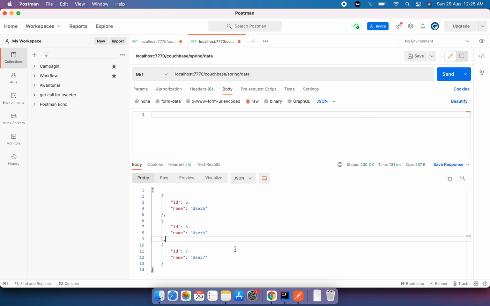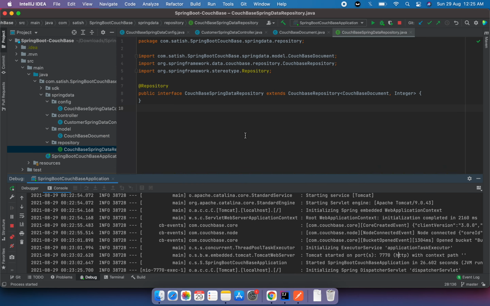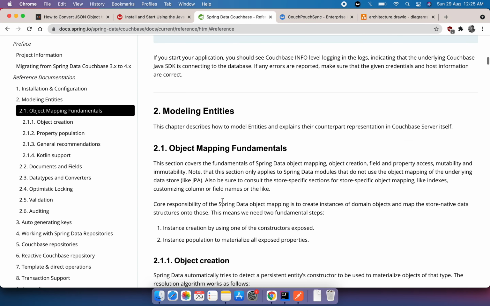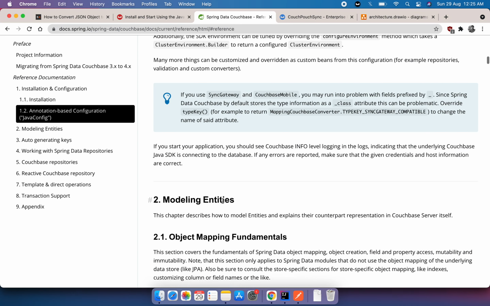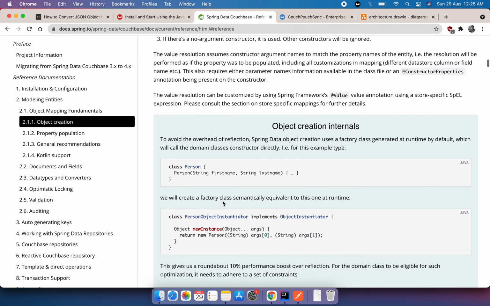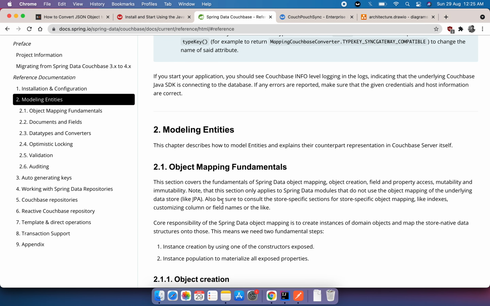Yeah, so that's what we can do using the Spring Data Couchbase dependency, and we can perform many more CRUD operations as well. There are a lot of things we can do. I just wanted to give you a brief about how we can connect, the different ways through which we can connect, and the different issues we can get. One very important issue is to consider the version: keep changing the version if it doesn't work, or go to the official documentation on their website and find the relevant information before starting. That's very important.